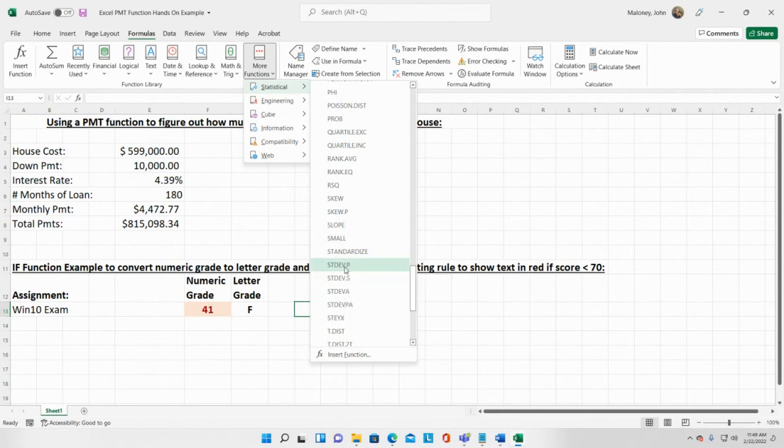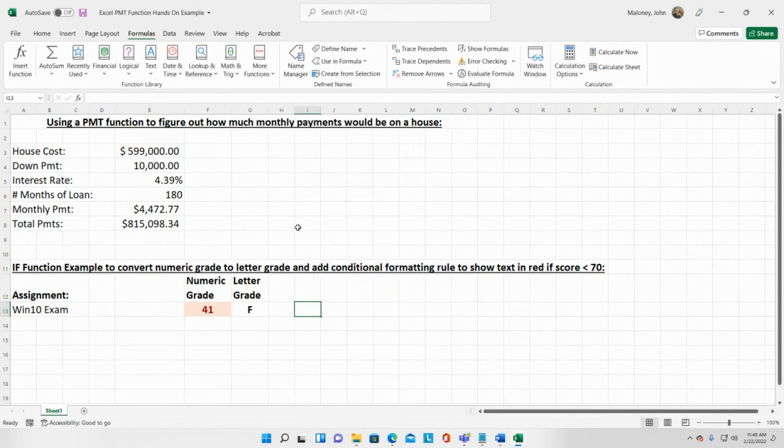So there's different standard deviations, but I don't know them, but in any event, standard deviation based on a sample is that one. This is calculate standard deviation based on the entire population. So there's different versions, and this is standard deviation for a sample, including logical values, okay? All right, so point being, there's lots of things you can do with Excel, and all these formulas are there,